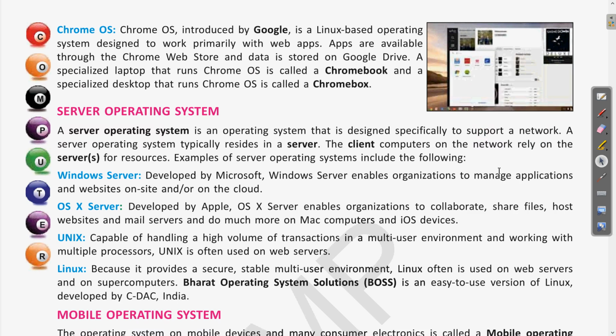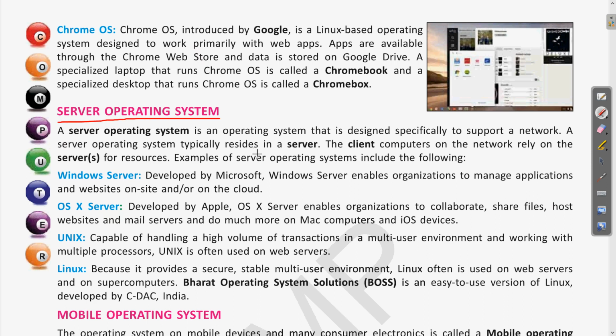The server and client model is where the system a user is using is called the client, and it is in a network with some powerful computer which acts as a server. Clear? So this interlinking between server and client is called a server operating system.